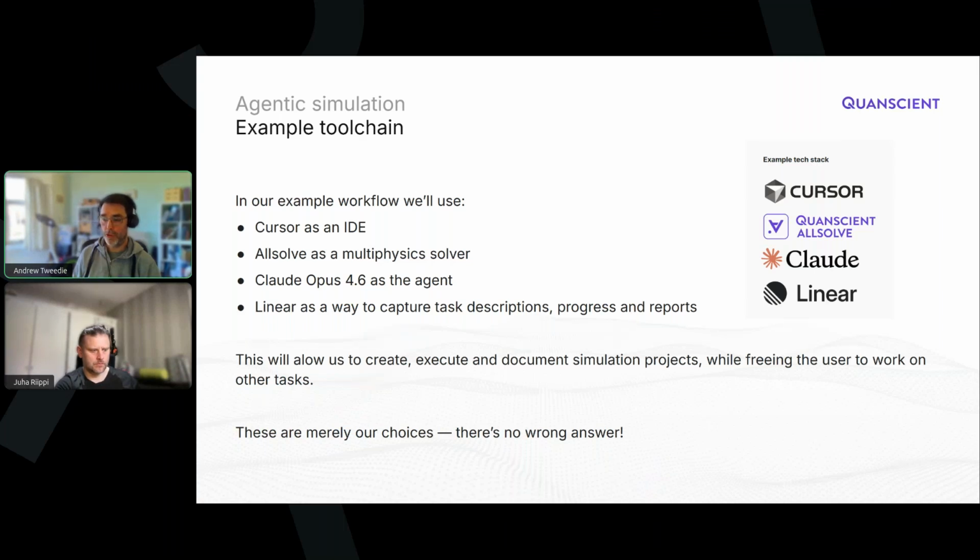We, of course, use AllSolve as a powerful and very elastic multi-physics solver. As you have said, this gives us access to huge compute resources and really underpins everything that we're doing here. In the example today, we're going to use Claude Opus 4.6 as the LLM behind the agent, but of course